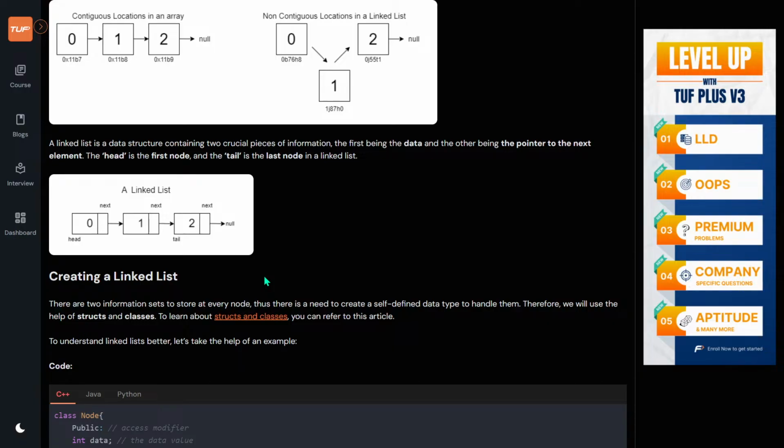Self-defined data type to handle them. Let's take a look more. Therefore, we will use the help of the struct and classes to learn about struct and classes. You can refer to this. Okay, here